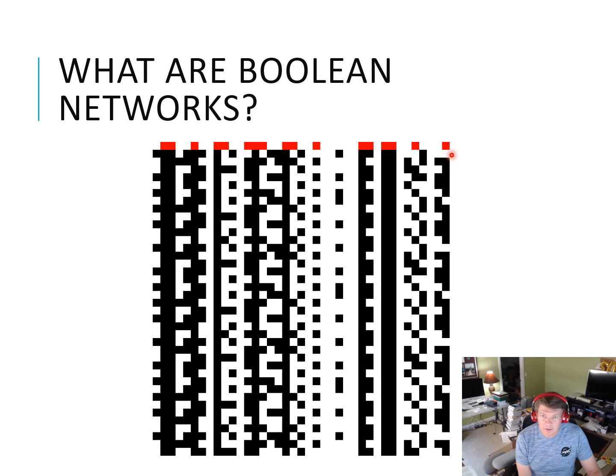Then for the next line, we look at each one of these nodes, we look at the neighbors, the inputs to it, and we use the rule for that node to determine the next step. As we go down the page, we see how this network evolves over time. Each row gives us the full description of that state as we step forward in time. And you can see with this one, very quickly, we seem to have a very interesting recurring pattern. It certainly doesn't look random at all.